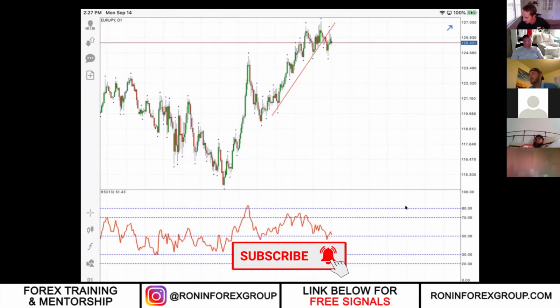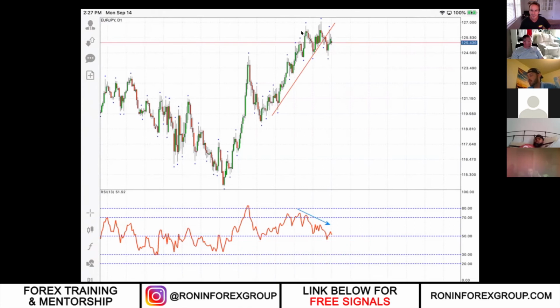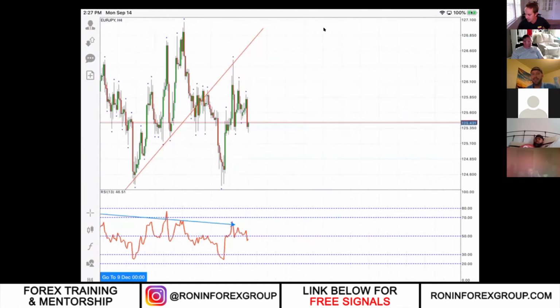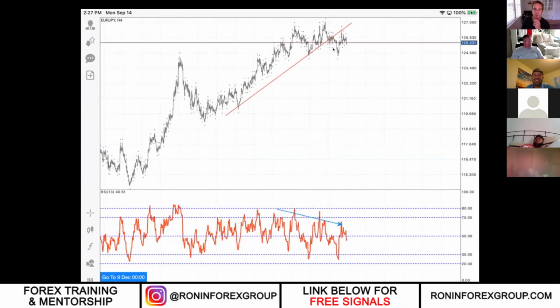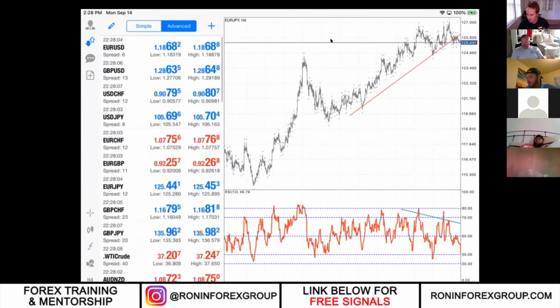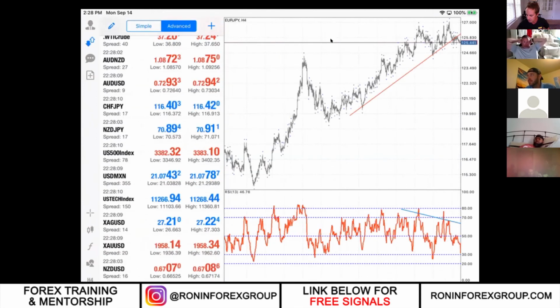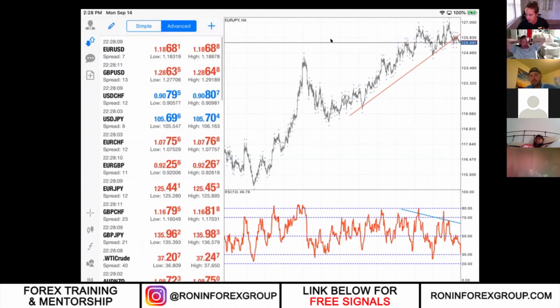We have a bit of a downslope here with a really deformed looking double top maybe. But the thing is, we've been failing to take out these former highs here for EJ. So the yen's kind of doing its own thing right now. But I do like Euro Aussie. I like Euro USD, at least to